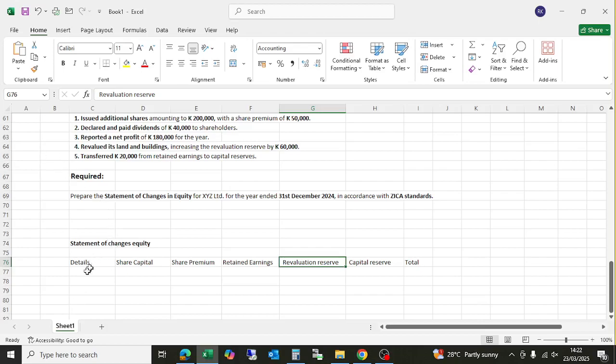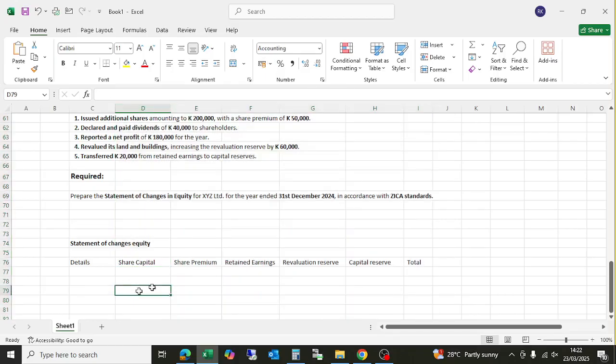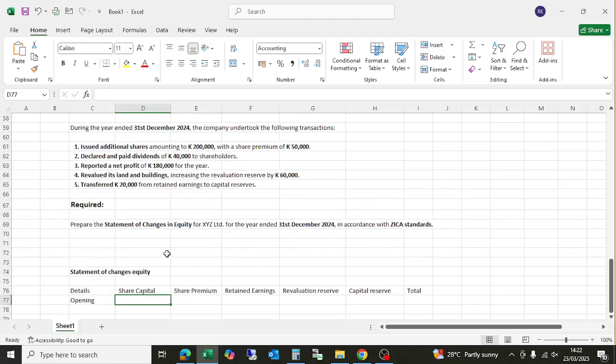Okay, all right, perfect. So on our details, let me just change all this to money. On our details, obviously we need to start with the opening balance. Our opening balances for all these will be as per the question. So the opening balance for share capital is as per the question, which is 500,